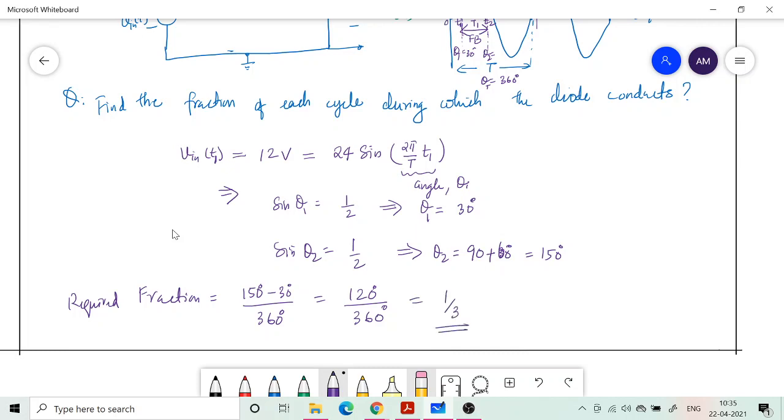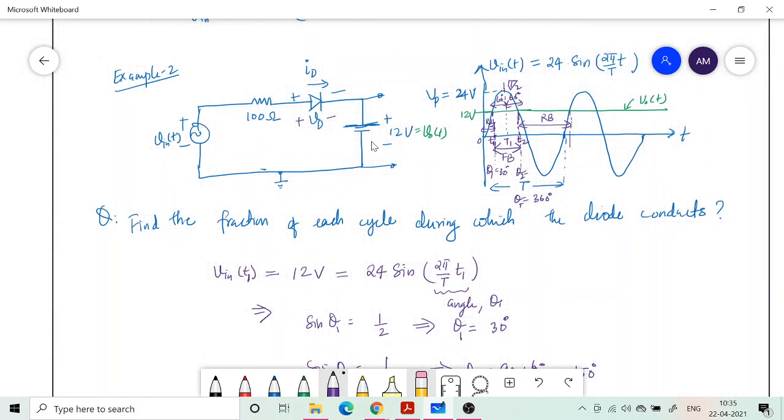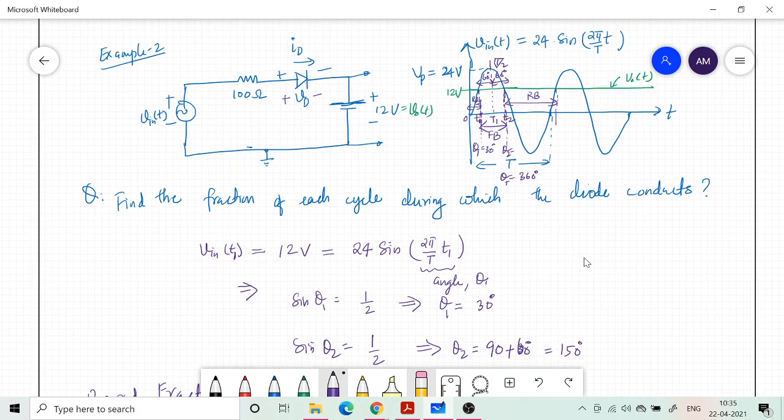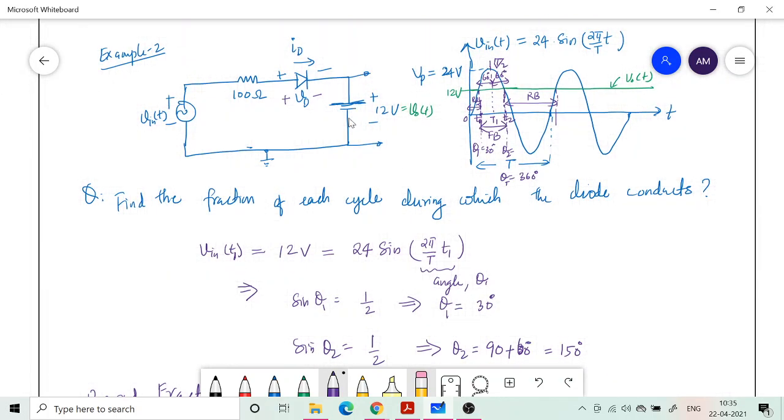For 1/3 of the complete cycle it is on. If this 12 volt was not there, it would be on for 180, which is half. So by putting a voltage source here, we can reduce the conduction